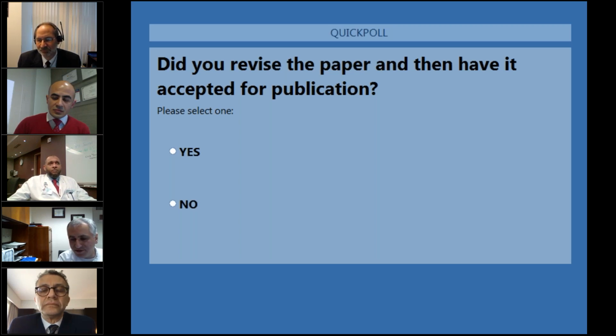As the other panelists mentioned, it's always good to consult, to talk with the senior researchers in your team, in your hospital, have them read your paper and incorporate their suggestions. So it takes time. Most of the time, you cannot provide answers or revise a paper in a few days. It's going to take a few weeks at least, or maybe months. But most of the time, you can provide a better paper.